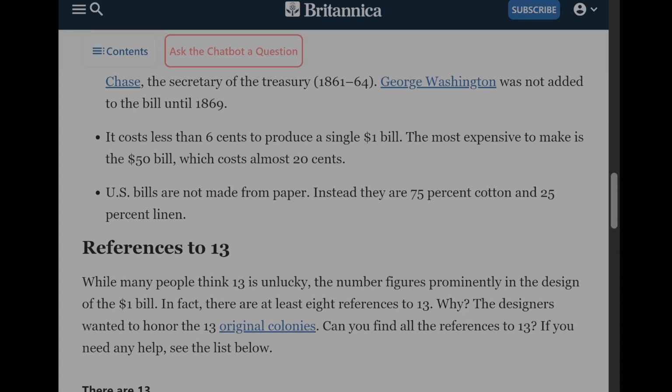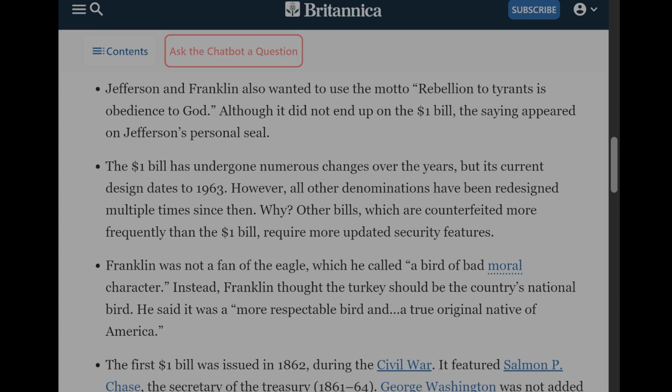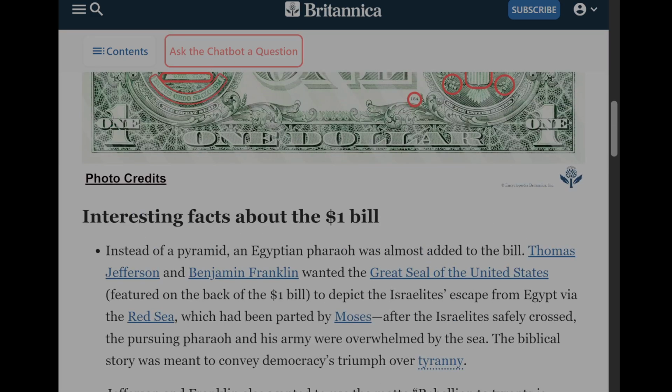And they had 13 disciples, not 12. Jesus. So, yeah, let's see. It says escape from Israel. So they're talking about the stuff in the Bible anyway. And